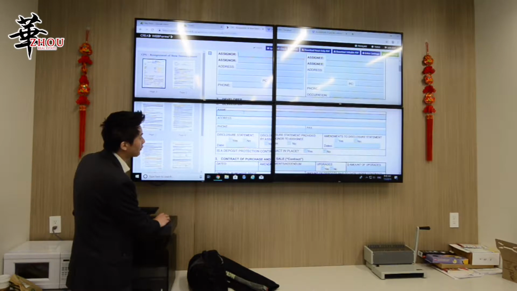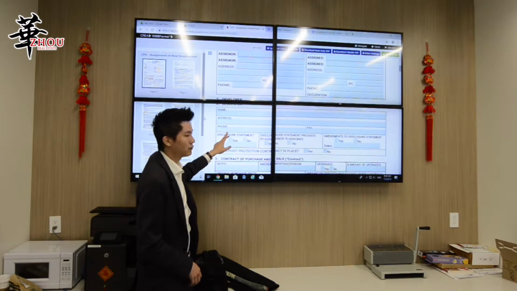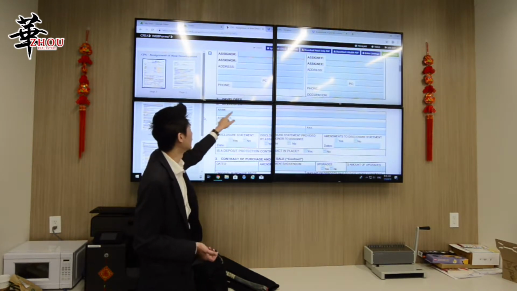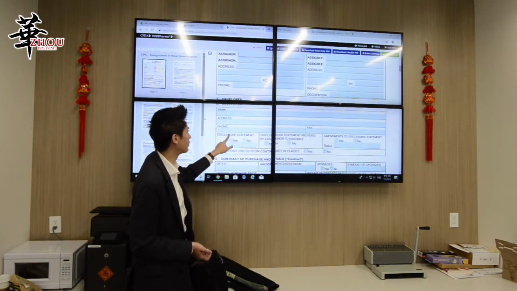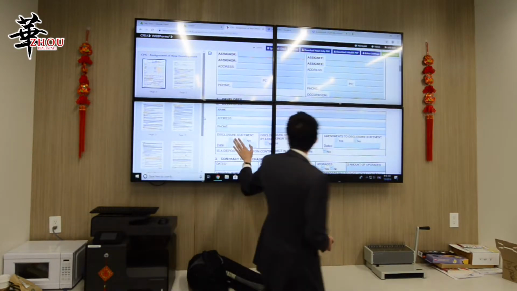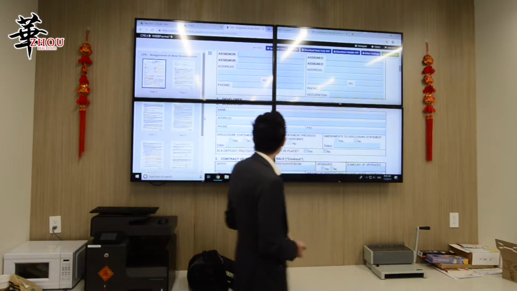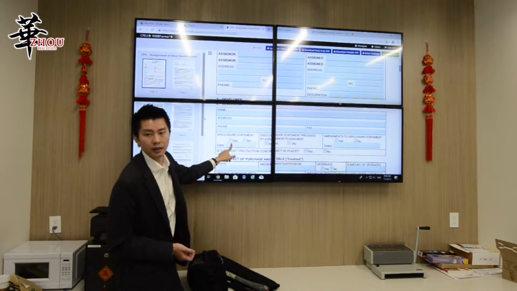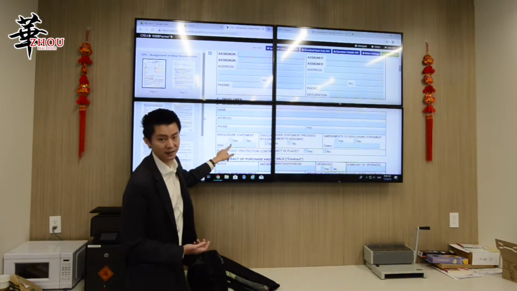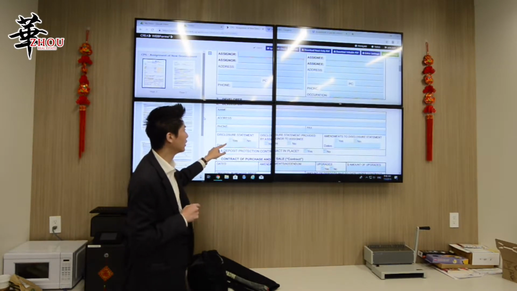Number 2 here is for developer. You can find the developer's information on the original agreement of your purchase for a condo or presale, anything. You have to put in the developer's name, address, phone number, and disclosure statement. You have to have these two, disclosure statement and amendments. For these two, you have to fill in the exact date that you received. You have to check yes here and put a date. For disclosure statement, there's only one, okay?